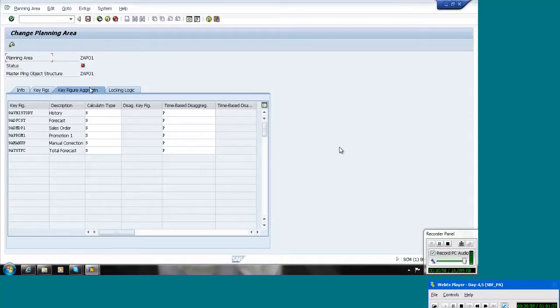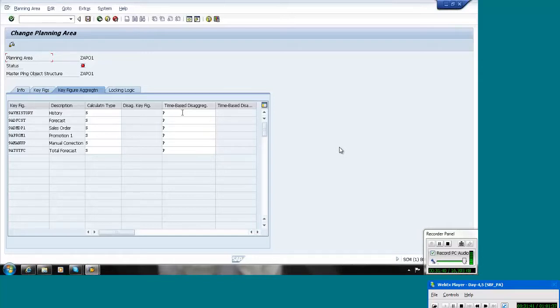Just like with the standard programs, we will extract the data. Okay, that's clear. Then aggregation and disaggregation. Here two types of steps are there: one is time-based disaggregation, and another is structural disaggregation. Time-based is like when you have entered data at the month level. For example, for 1 month you have entered 100 as a quantity. If you see the data at the week level, for that particular month we have 4 weeks, so every week it will show 25, 25, 25.